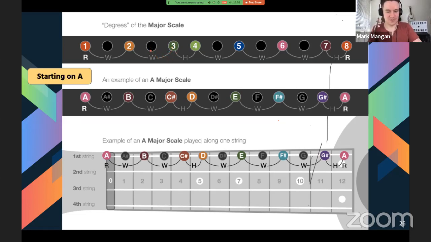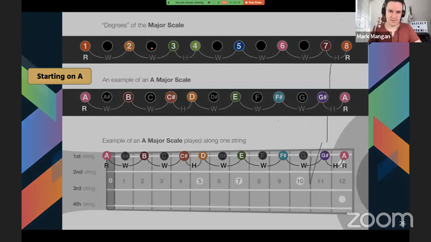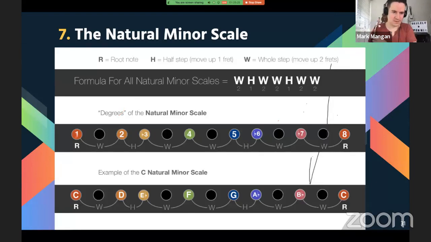So that's why it's important to know your major scale, because other scales are going to be described in how they differ from the major scale. So the minor scale went 1, 2, flat 3. So if we have a look at it, 1, 2, flat 3. And then a whole step to the 4. Alright, so